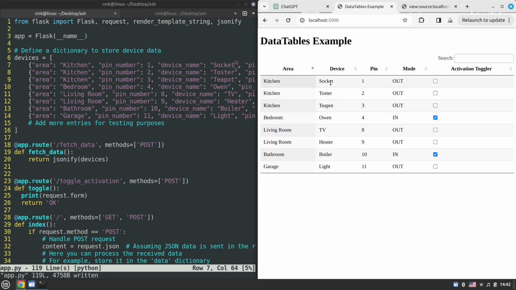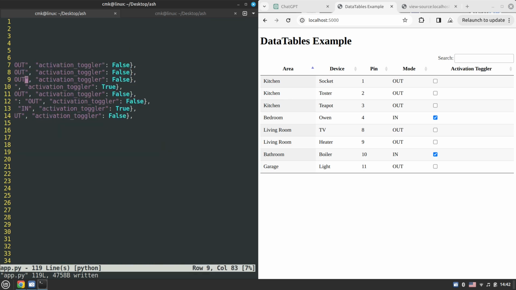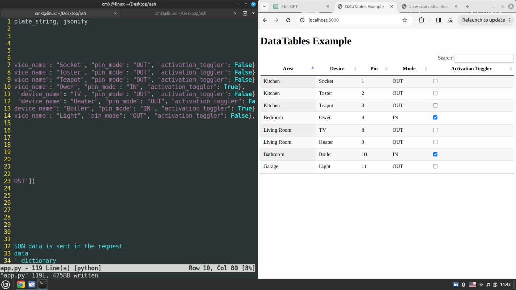So, having a socket in a kitchen, toaster, teapot, oven, TV in the living room, heater in the living room, boiler in the bathroom, and light in the garage, all with the corresponding pin names, which are essentially the physical pins of Arduino. All this should be outputs. We then may also add some inputs as well. So all these should be outputs,